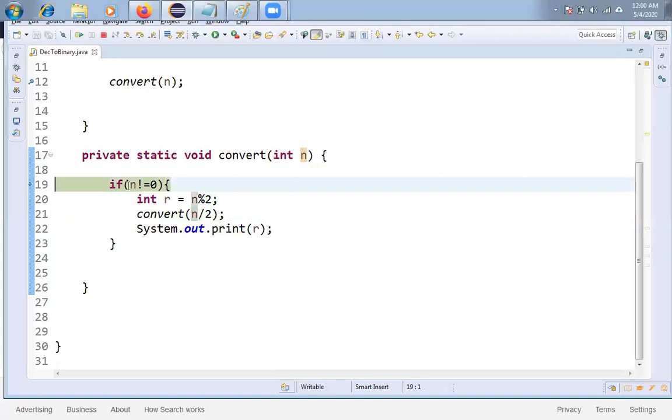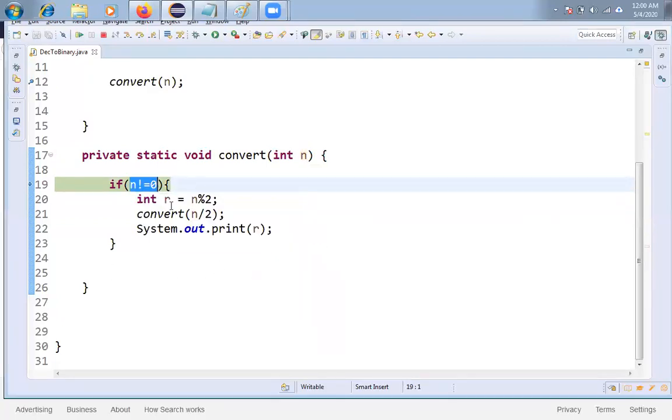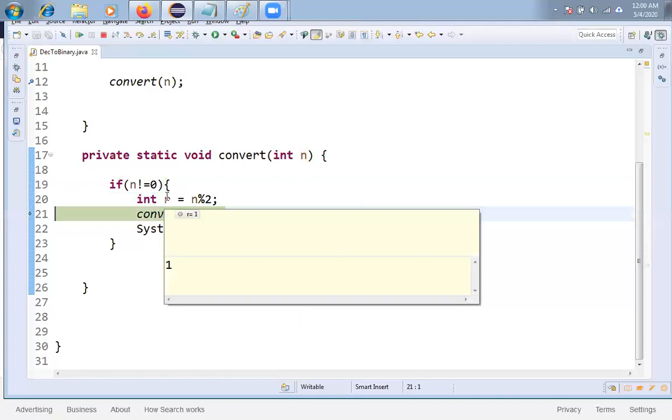So I am checking n not equal to 0 or not. 9 not equal to 0 or not. What is that? Control Shift I. You got true. That means once again I'll enter into the if condition. Click on F5 and again F5. Then you got the R value. What is the R value friends? 19 mod 2, you got 1.